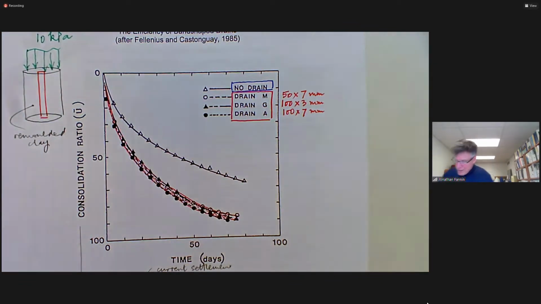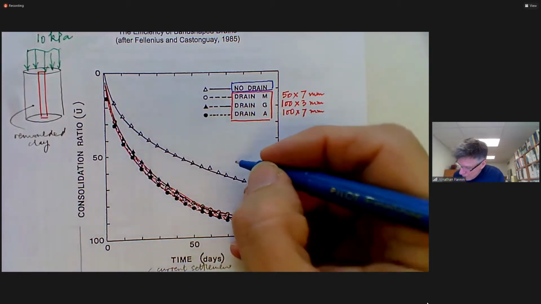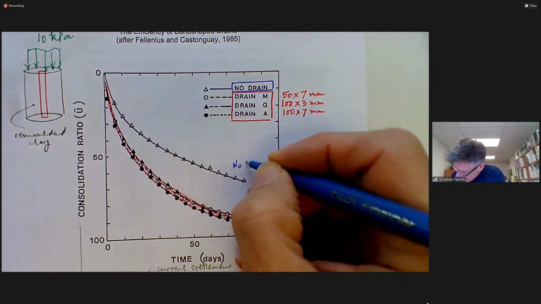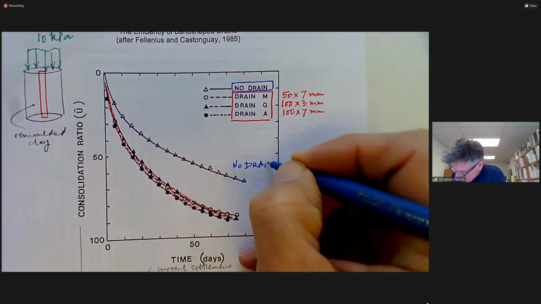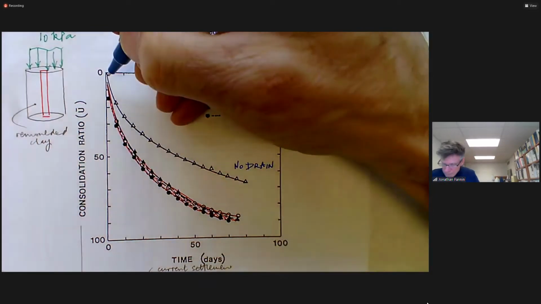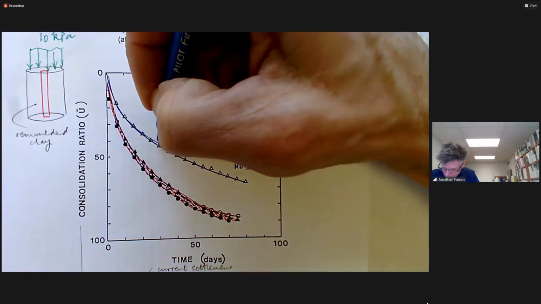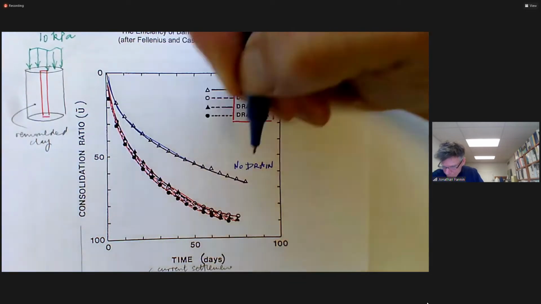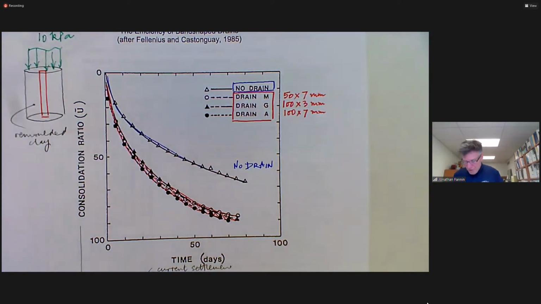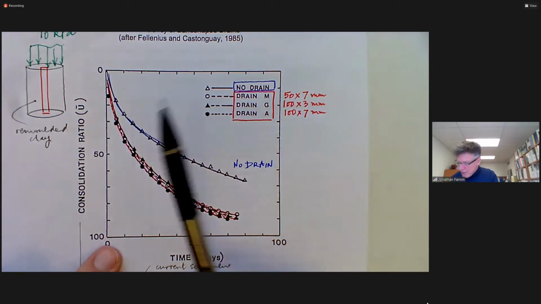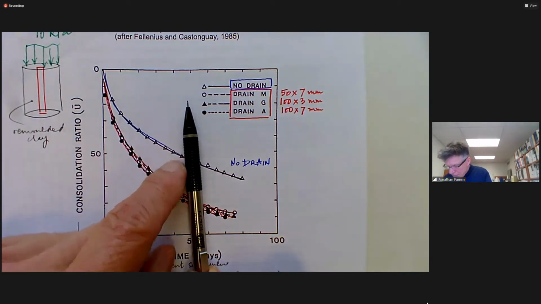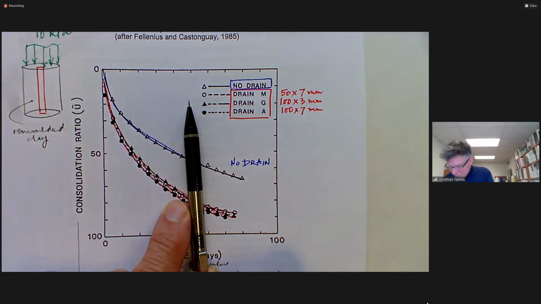And in contrast to the no drain case, which is what we have here, at any particular elapsed time, there is much greater, faster consolidation, with the commensurate gain in strength, using the prefabricated vertical drain